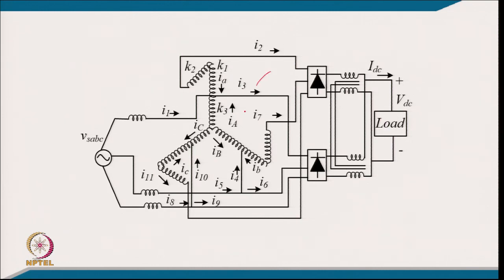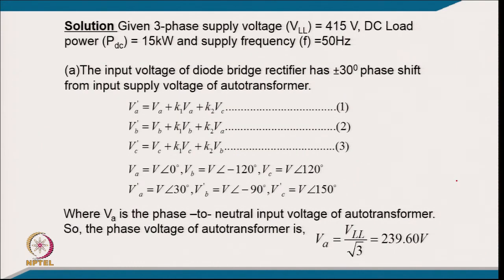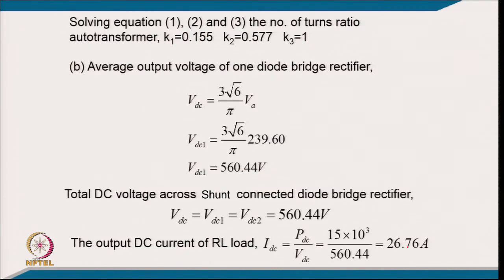This is the connection for the 12 pulse converter. We are getting typically 0 and 30 degree phase shift for 12 pulse, that is another connection. And for that, we are just making the relation for phase shifting here. For 3 phase, there is another set of supply: one is the original phasor, another is the 30 degree phase shifted one, so that we can get the 12 pulse operation, and this is the phase voltage,